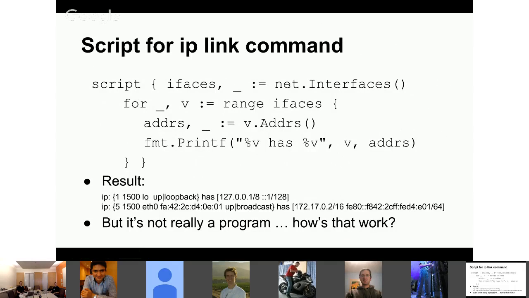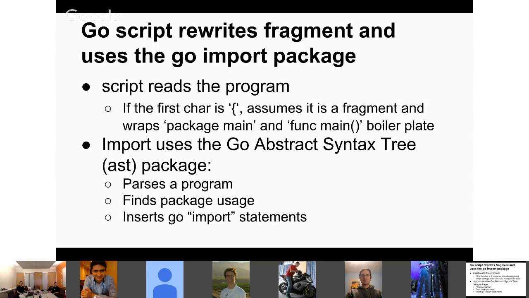It actually has to look in the net package and make sure there is a thing called Interfaces, or this will not work. So imports won't generate something unless it's valid. And it even had to figure out that this variable v was from ifaces, and work it back to, oh, it came from here, and Addrs is actually valid for that variable. So it's a very tricky thing, and I was kind of impressed when I saw how well it worked.